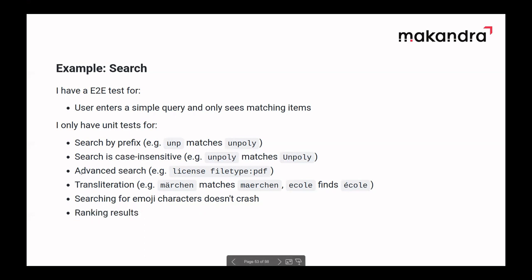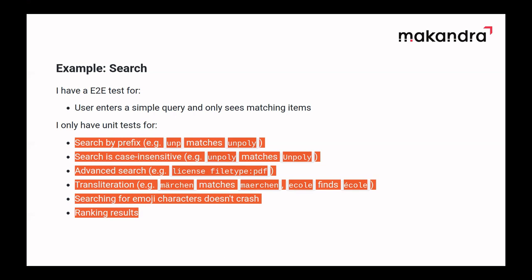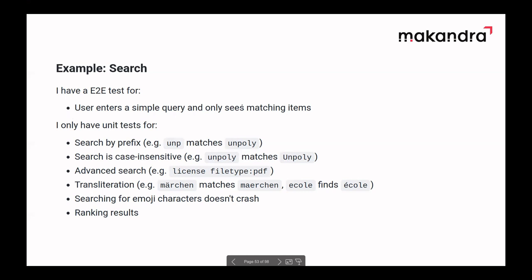There are probably dozens or hundreds of cases that I need to test for search, but I don't need to test all of these with an end-to-end test. I can just have a spec for my search method and make sure that all of this works. And these tests will be much faster, much simpler, and they don't have the concurrency issues of end-to-end tests. I mean, you could write end-to-end tests for all of them, but they would probably just be too expensive to write or maintain. So I recommend to only test the happy path in an end-to-end test.